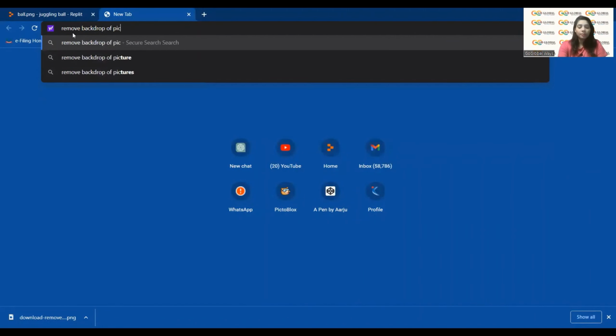I'll show you how. See, this was my tennis ball. This was the ball and the backdrop looks like this, or maybe some other backdrop is coming. So you just remove the backdrop and then you just download it. When you download this ball, it will be coming like this. It has no backdrop now. So here I will write down the name of my